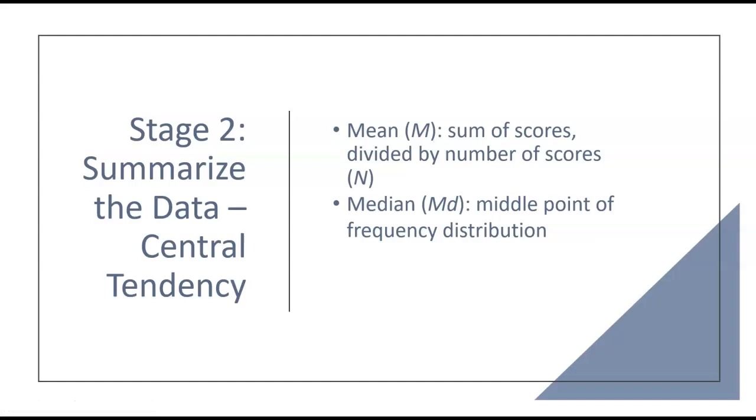Medians are used if using the mean is inappropriate. For instance, if you have data that's skewed, you may want to use an alternate central tendency. Mode is the most common score in the distribution, and you may have more than one. Modes and medians and means,